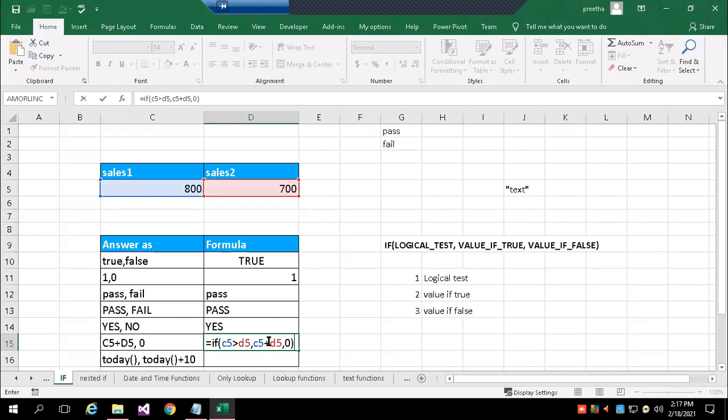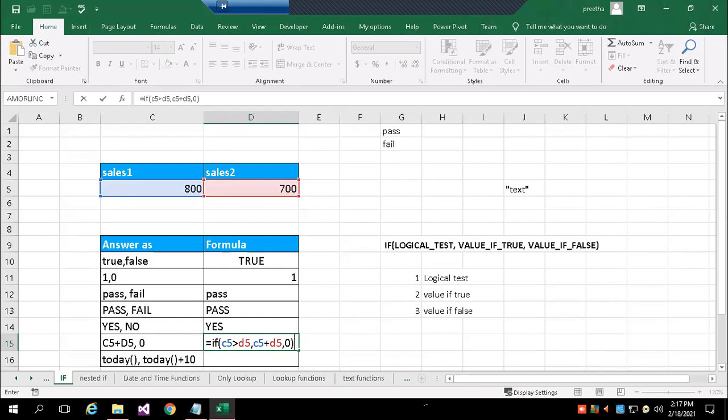So now it is another set. So far, pass, fail, yes, no were all constants, but for the first time you are writing one small addition process. So it's your own formula.